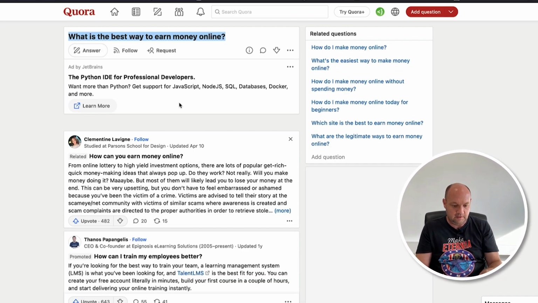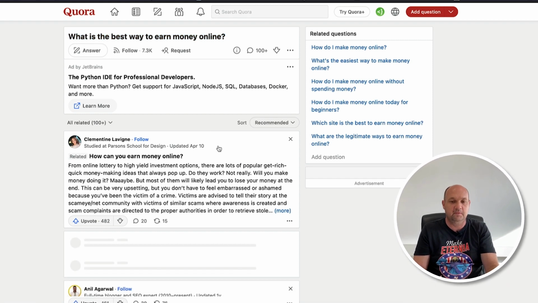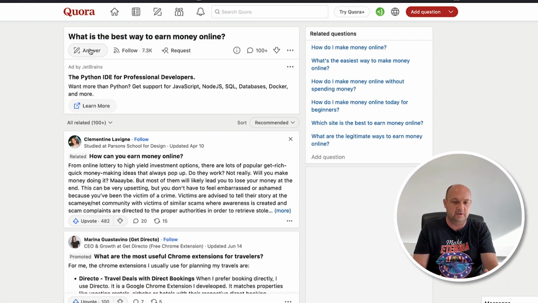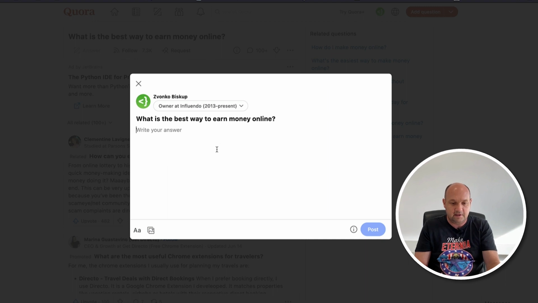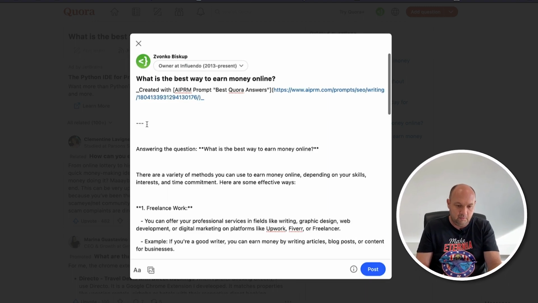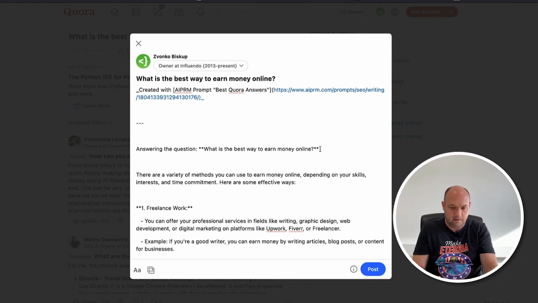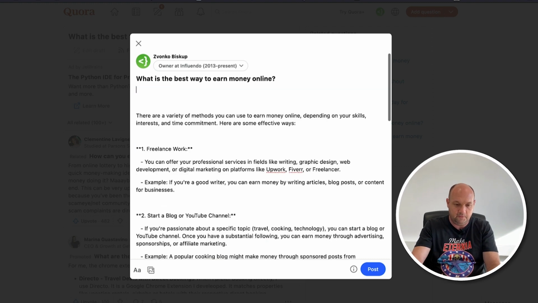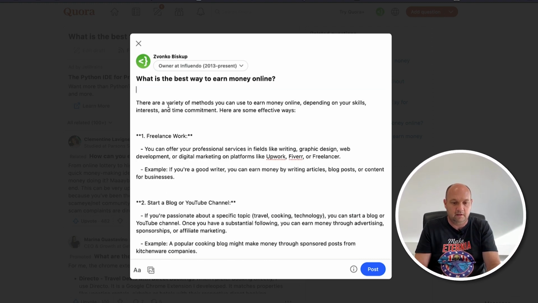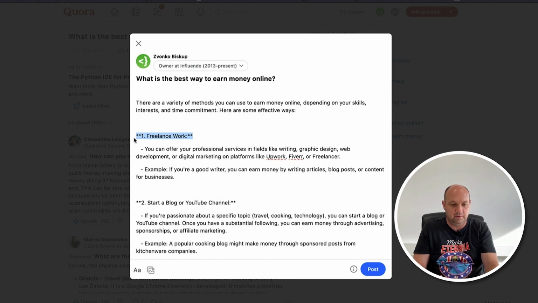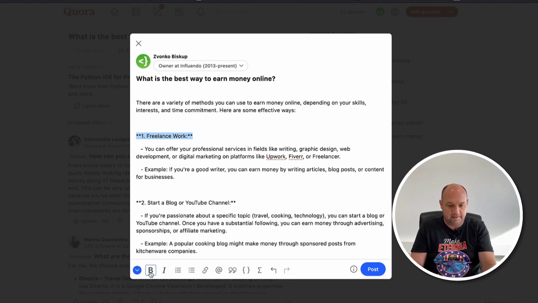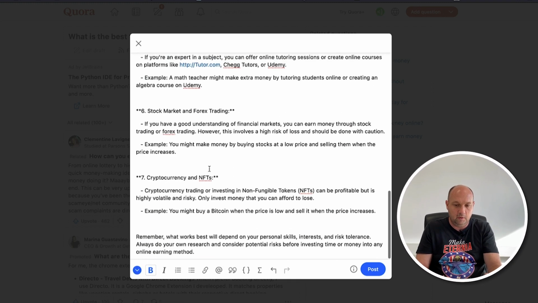Click answer. Oh, I have this problem a lot of times. If it doesn't work, you just refresh the page and try again. And so just paste it here. Remove this thing above, and you can format it better. For example, you can select this, click on this and bold it. And when you are done,